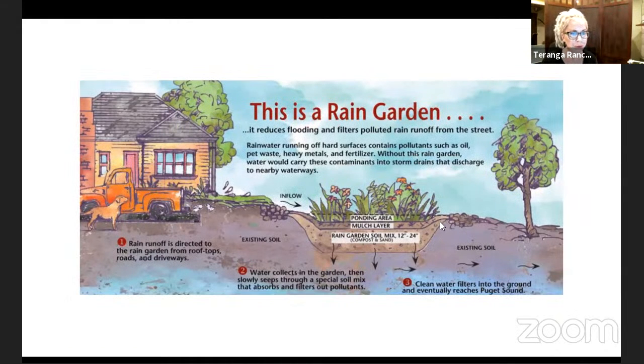Here's an example of a rain garden. This is from Washington, but I liked the diagram. You can see the cutout from the side. So it's a layered approach. They've got soil mix, they've got sand, they've got a layer of mulch, and they've got a ponding area. And the water's staying away from the house, but it's not all flowing out onto the street. And then you can see it collects in that rain garden, and then it seeps down into the local water